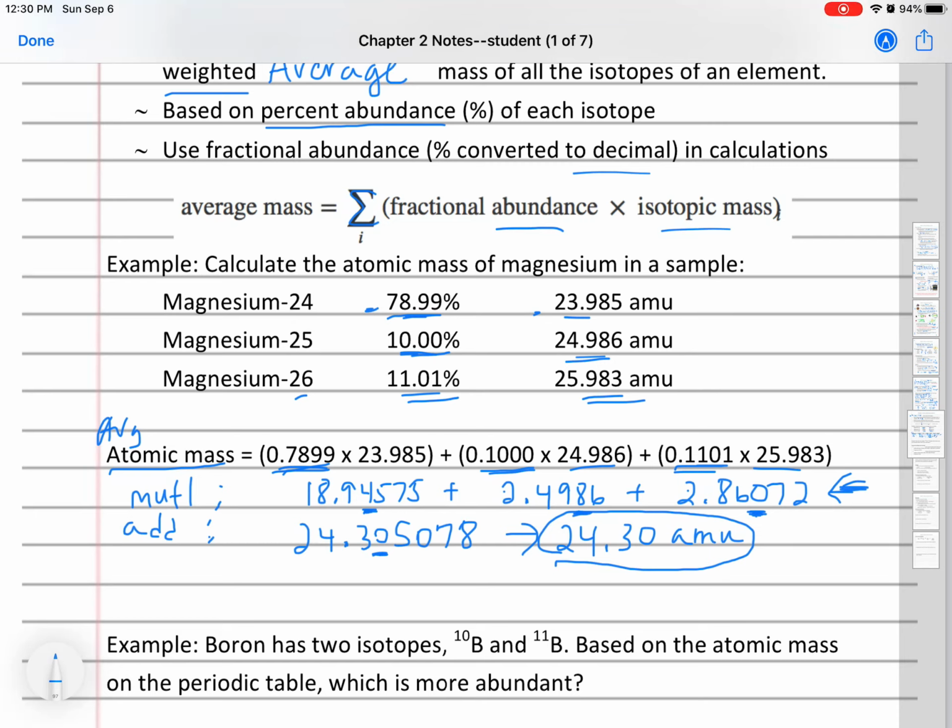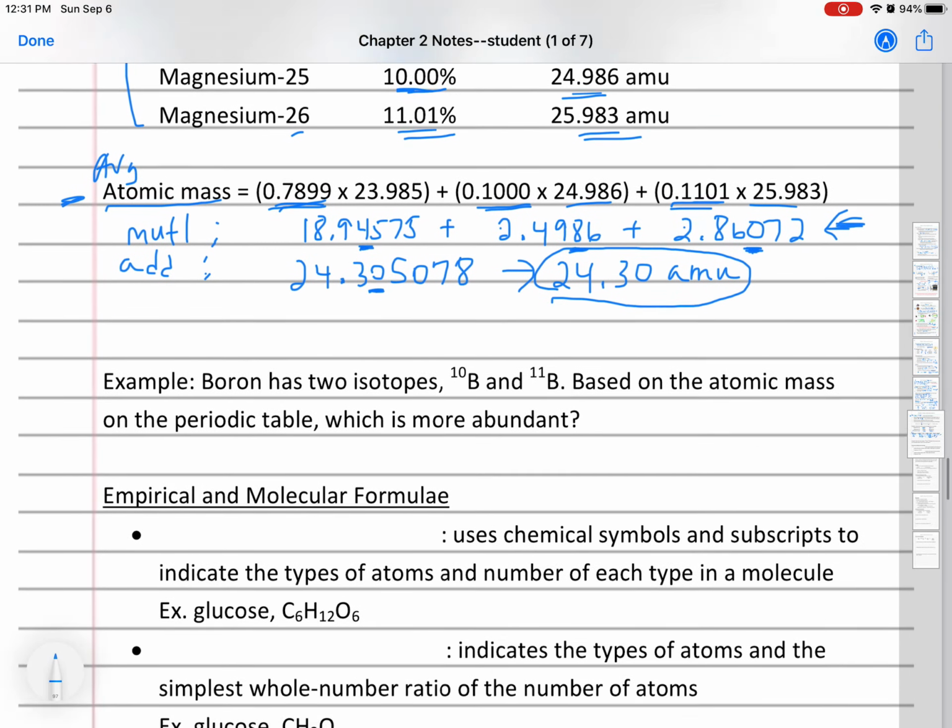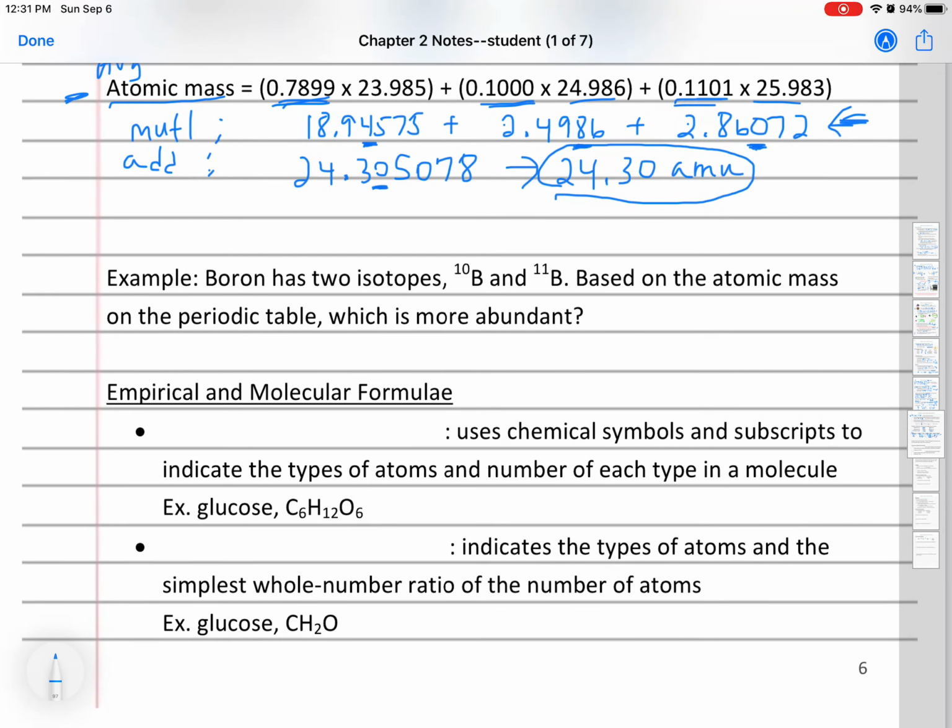On a test, so unlike your homework, where I might give you problems with real isotopes and real elements that you can then check on the periodic table, on a test I would give you a made-up element with made-up isotopes. So you would have to actually know how to do the math, and you would not have a periodic table to check it on. So do make sure you practice some of these problems and know how to calculate the average atomic mass. All right, here's another type of question, more conceptual than mathematical.